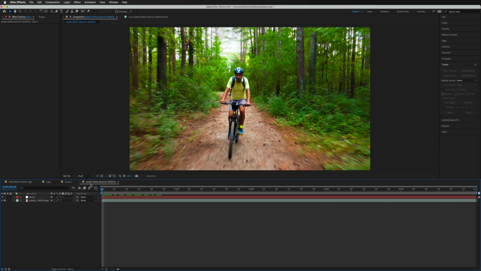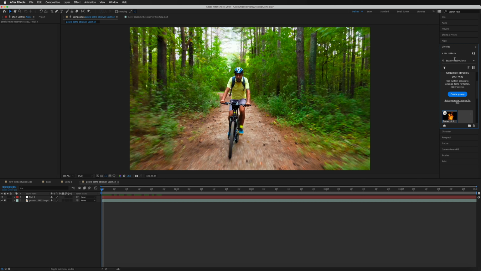And all we've got to do now is bring a flame into our project that's going to follow our biker through the forest. So first things first, in order to find the flame, we're going to go over to our library section on the right hand side. And at the moment, I am inside of the Adobe stock footage. And you can search for all different types of clips in here. However, I don't always recommend doing this as some of these are really expensive and you have to pay for them. And there are free resources online if you search for those.